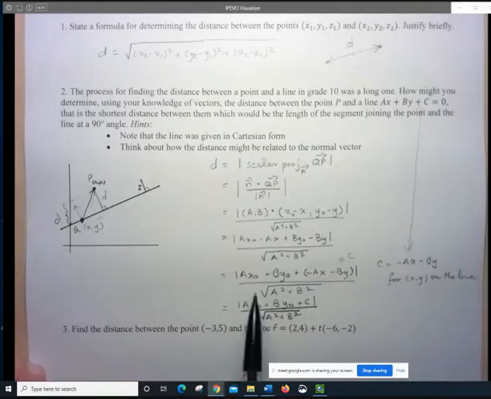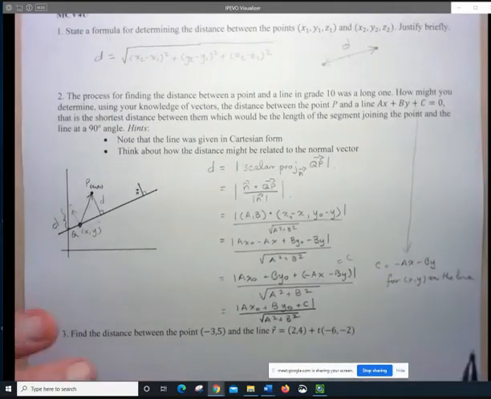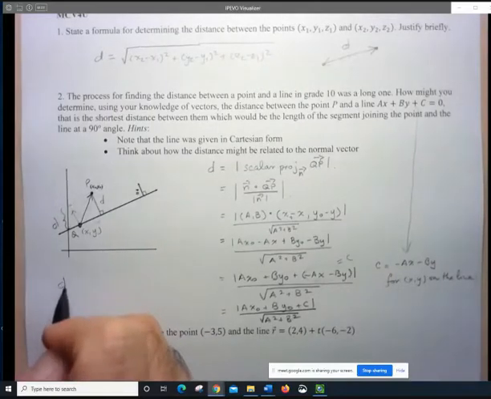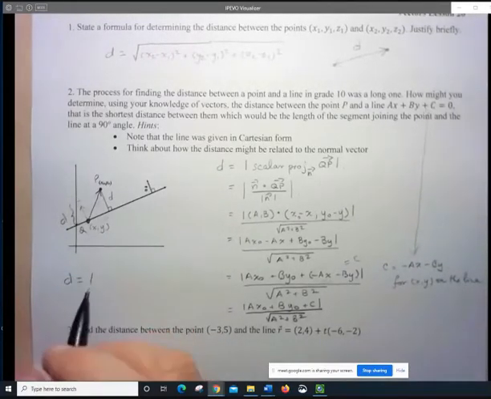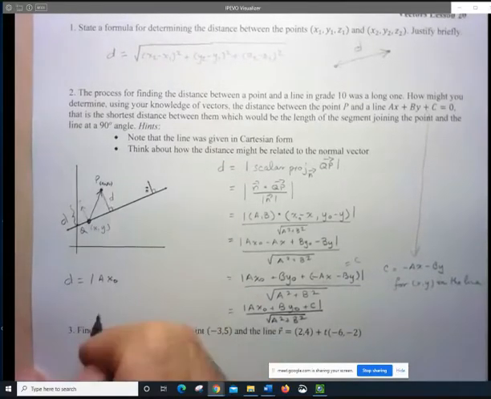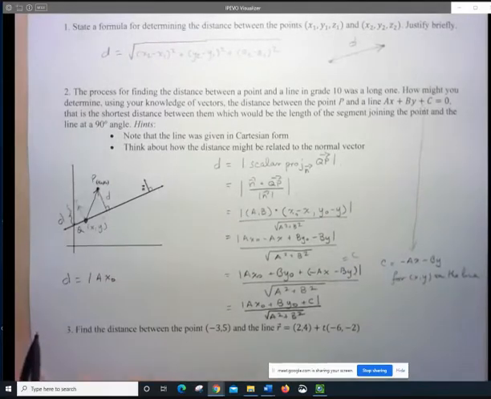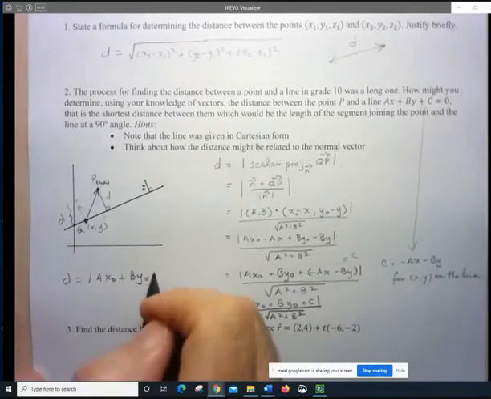That's it. The whole point on the line thing, when you do the algebra, just disappears. All right? And so what you have now is very simple. So what used to take you 8 minutes to do, if you were quick at analytic geometry, now literally takes you 30 seconds, because it's just a times, now not an x value on the line, but the x value of the point you're finding the distance to, plus b times the y value of the point you're finding the distance to, plus c,